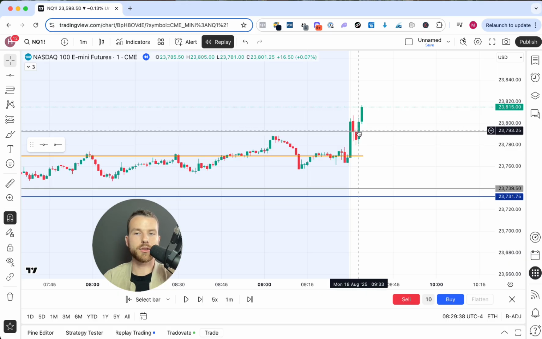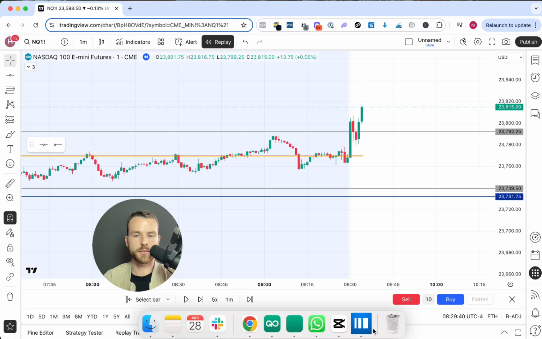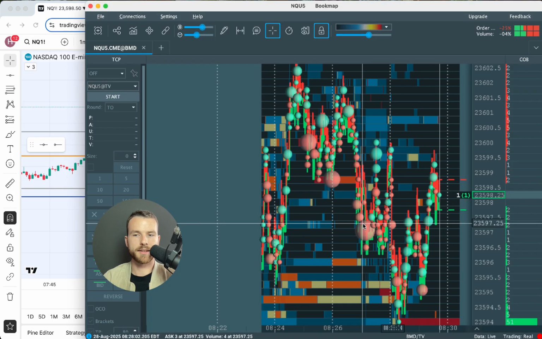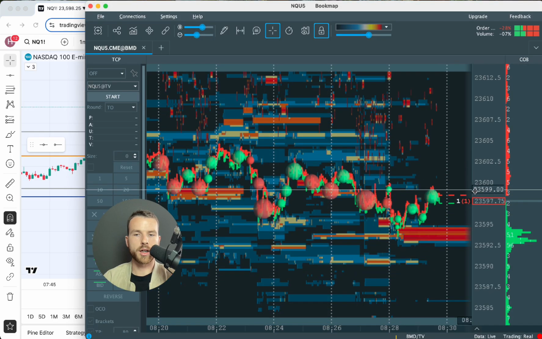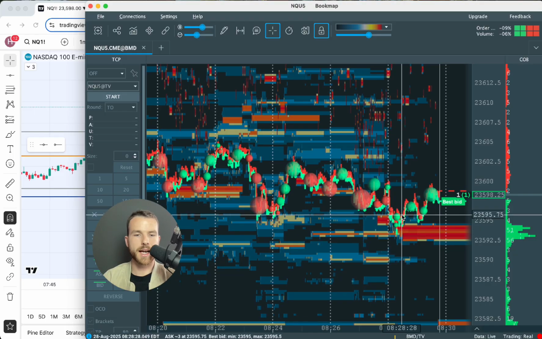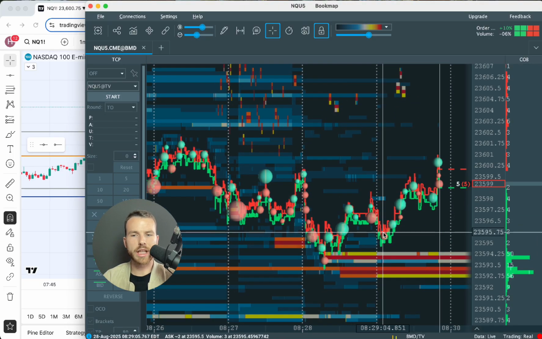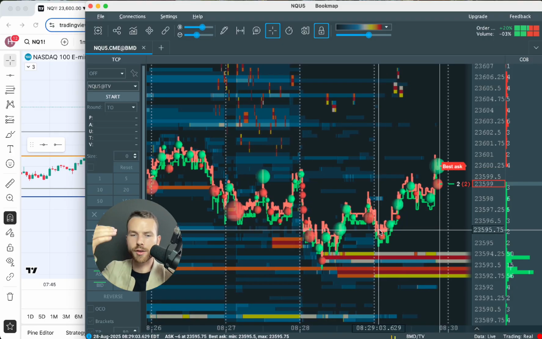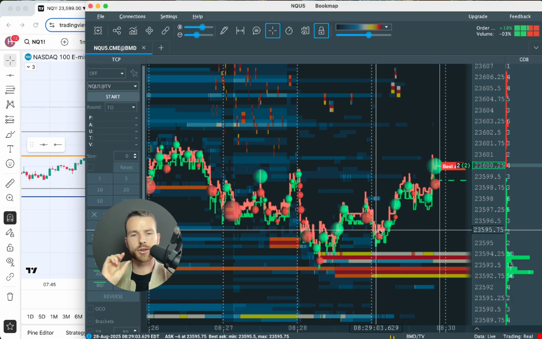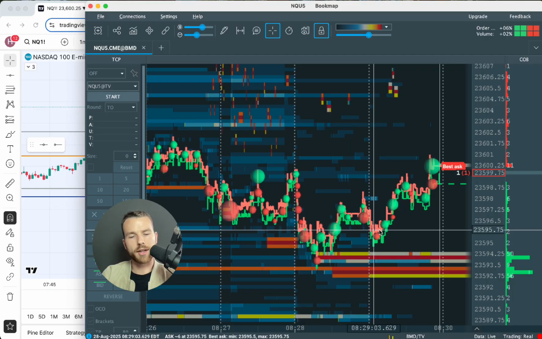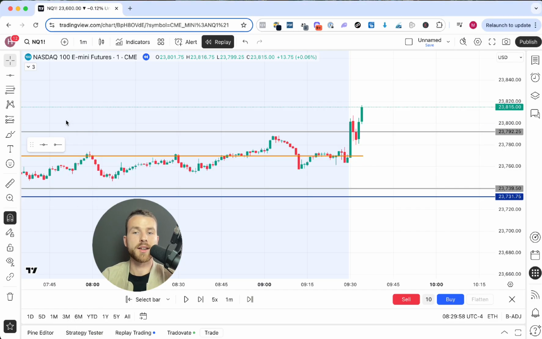market to go back into this range, you could open up Bookmap and see, hey, what is going on inside these candles? What is going on right now? Are stops being fished? Do we see a change in market structure? Do we see aggressive buying or selling coming in? You can take that into consideration and improve your entries even a lot further, because there's a big difference in